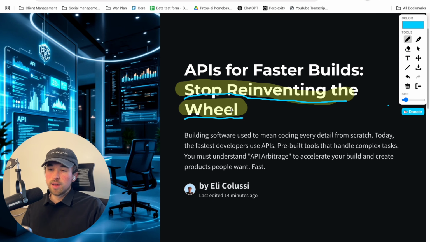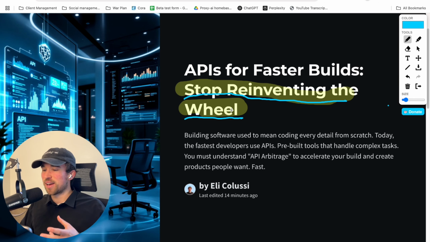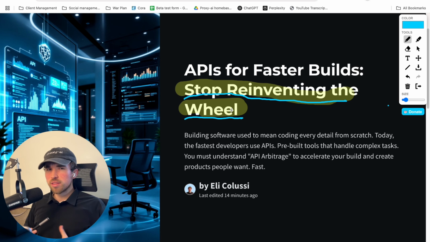This is something that I'm going to really harp on during this video, because this is what APIs allow you to do. They allow you to shortcut the software production journey as much as possible. Of course, you don't want to cut corners with safety features or with authentication or with important things in your app like that. But APIs are all going to be built by other people.